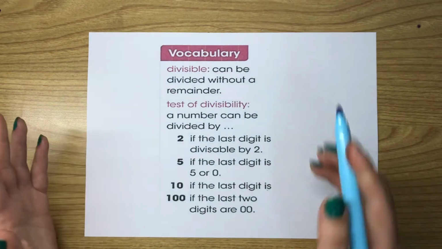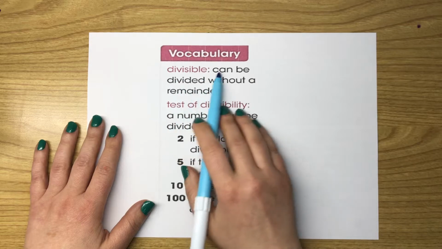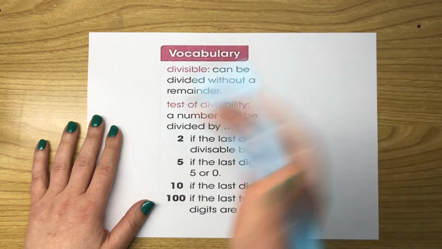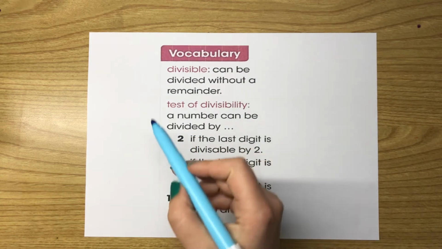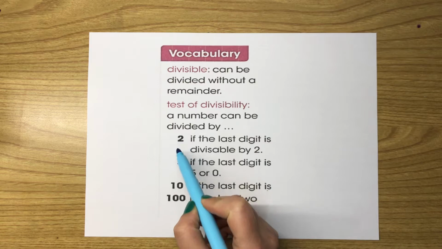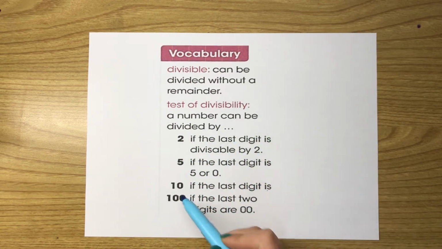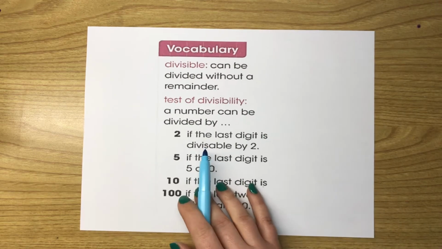The first thing on page number 22, some vocabulary. Divisible means it can be divided without a remainder. Okay, it is the opposite meaning of a multiple. Test of divisibility: we are going to learn how to know if a number can be divided by 2, if a number can be divided by 5, and if a number can be divided by 10 or 100. So